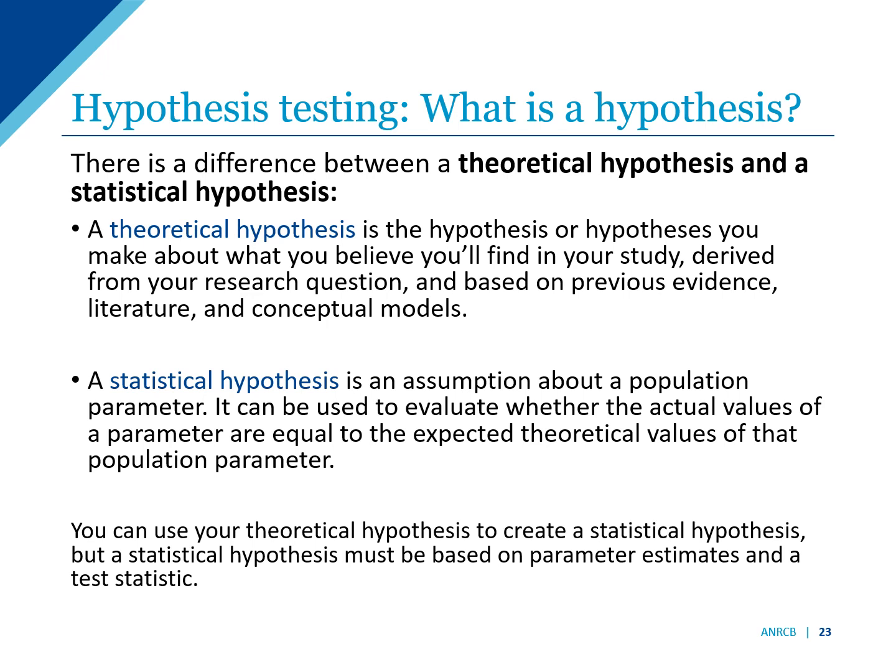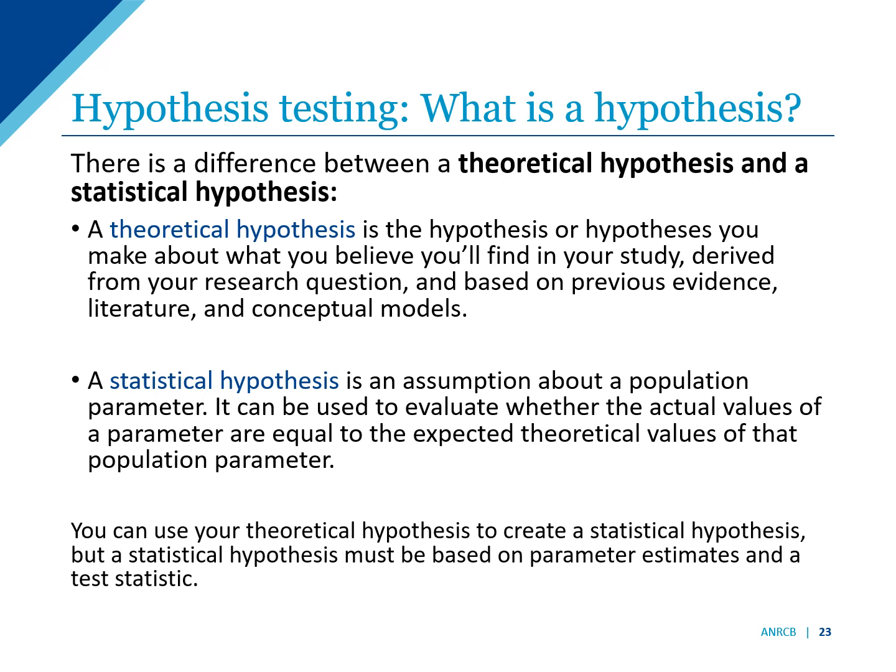There's a difference between a theoretical hypothesis and a statistical hypothesis. A theoretical hypothesis is the one you base your study on, that you craft from your research question based on previous evidence, literature, and conceptual models. A statistical hypothesis is an assumption about a population parameter. It can be used to evaluate whether the actual values of a parameter are equal to the expected theoretical values